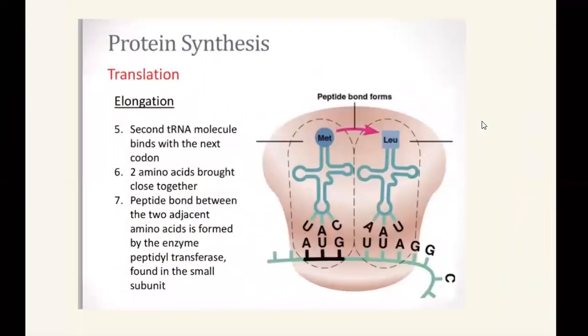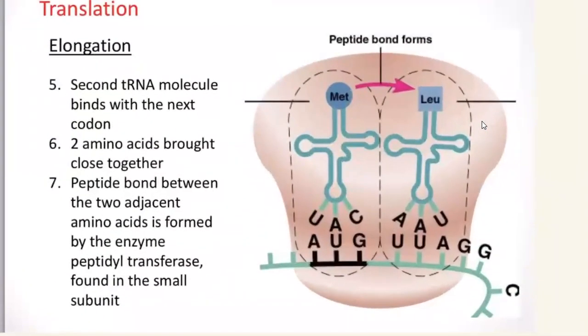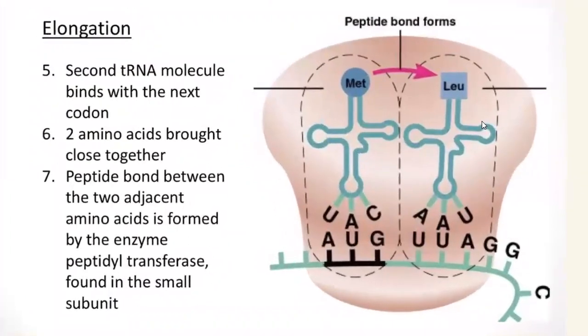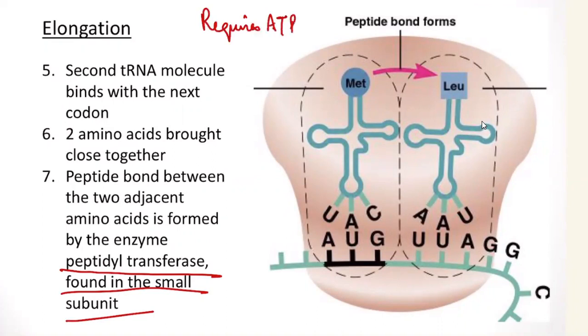When two amino acids are brought close together, there is a peptide bond formation between the two adjacent amino acids, and the enzyme needed for this peptide bond formation is known as peptidyl transferase, and this process requires ATP. So this means that DNA replication also required those activated nucleotides that have two extra phosphates,